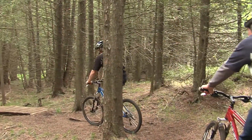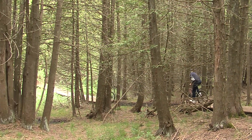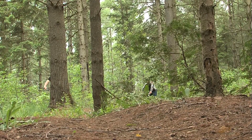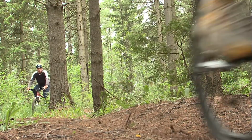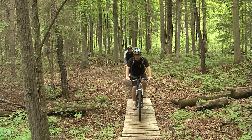These trails range from single track, double track to roadways suitable for all levels. The two road systems located on the property are the West Trail and the East Trail. The 20 kilometers of single tracked wilderness trail can be accessed from either of the main road systems in the park. Picnic areas, benches, boardwalks, and bridges can be found throughout the park. This is a multi-use trail system, and it's quite common to encounter other users on a double track, such as